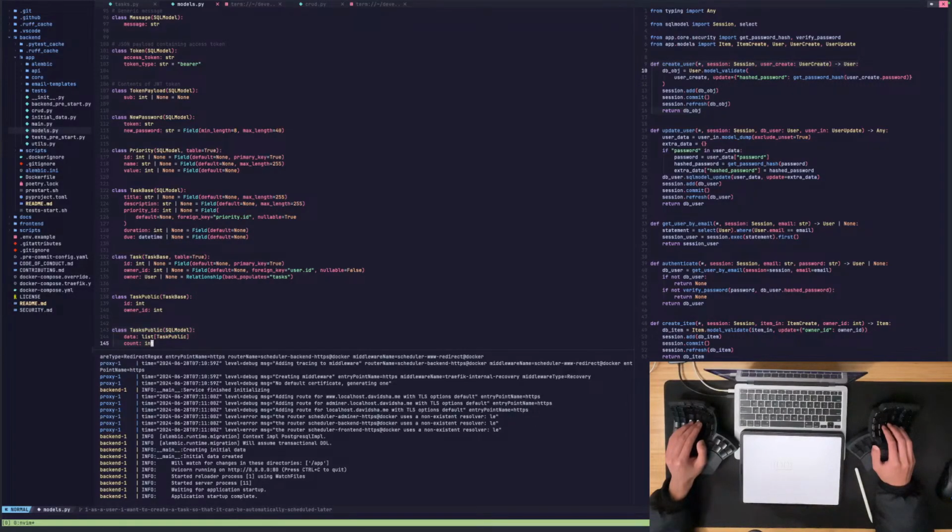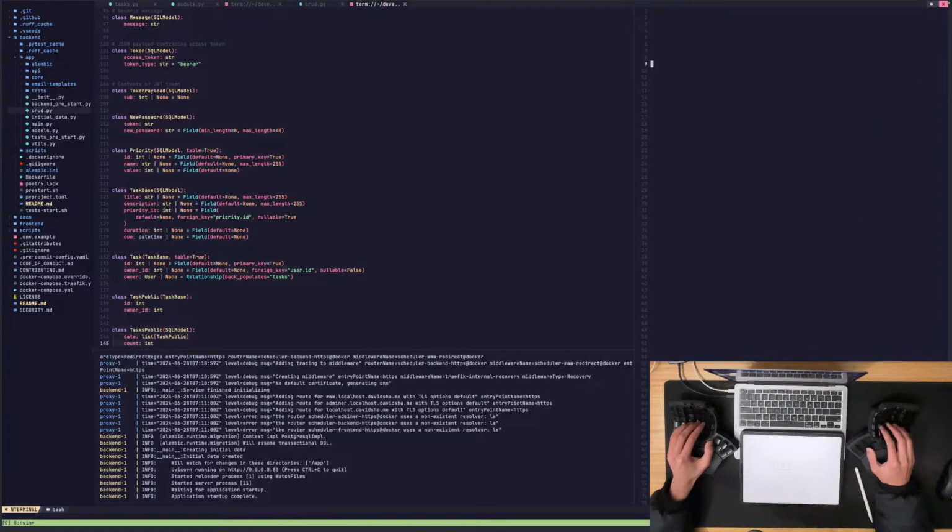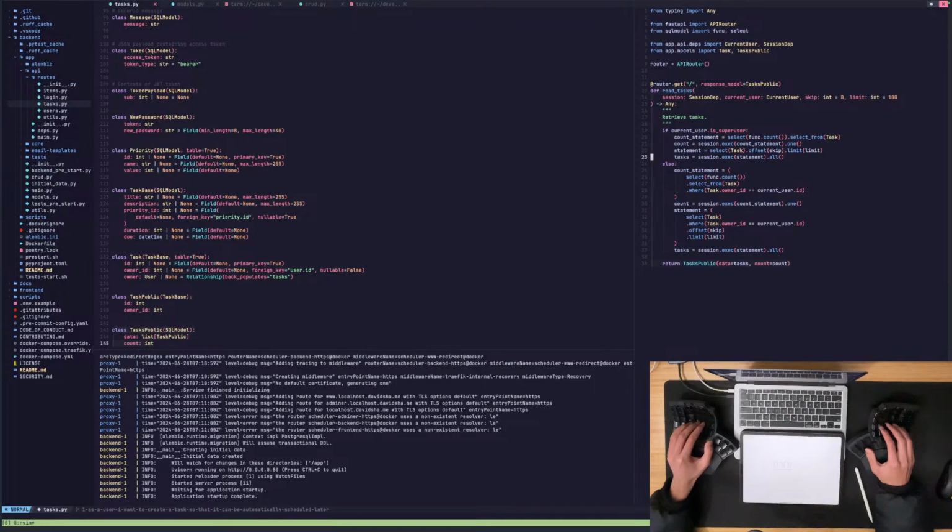So I created some task models, but I need to create tasks. I have CRUD there on the side. I want to change that to